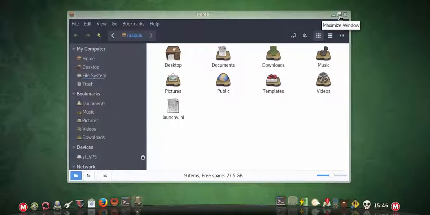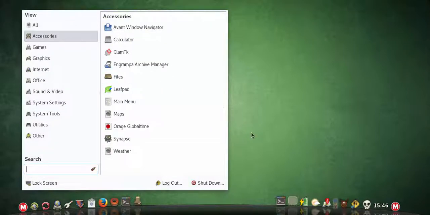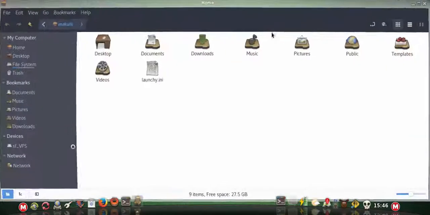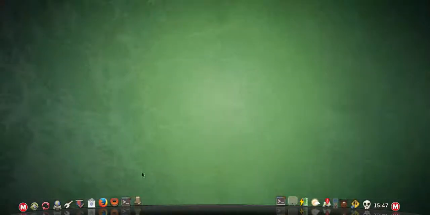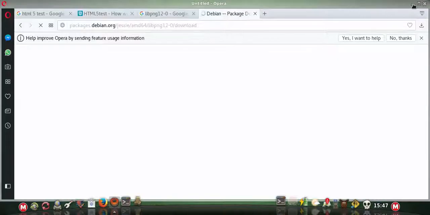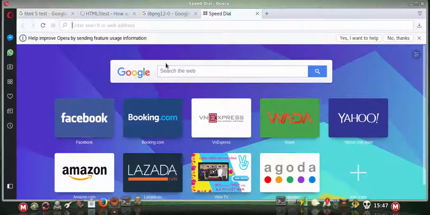Anyway, so yeah, that's me from MakuluLinux, just showing off what I'm currently working on. I know it's very rough at this stage, but wow man, do you see how nice this looks already? This is going to be really awesome when it's done. It's just me with some packages earlier. So oh yeah, this is